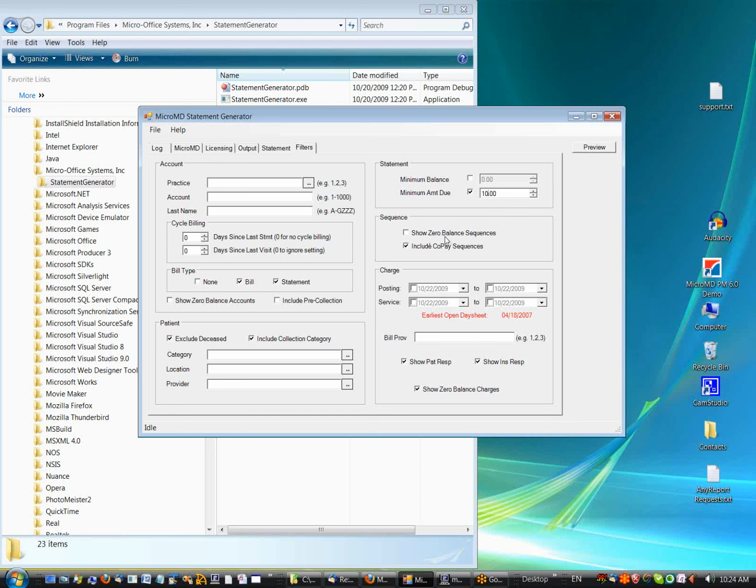Sequence level, you can check to show zero balance sequences. Now mind you, this is different than showing zero balance at the account level. This is down to the sequence level. And you can include or exclude sequences with copays. This is rare, but at least you have the option to have that. And by default, the show zero balance is checked off, since we don't really need to have that many statements being shown. And then down at the lowest level of granularity, at the charge level,